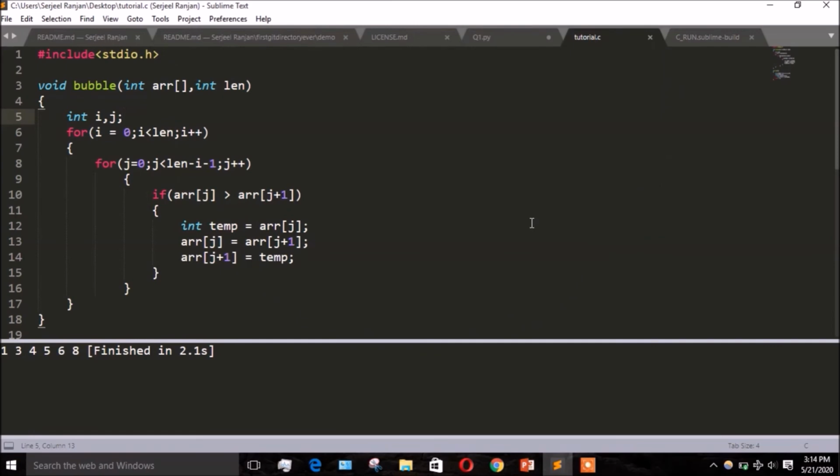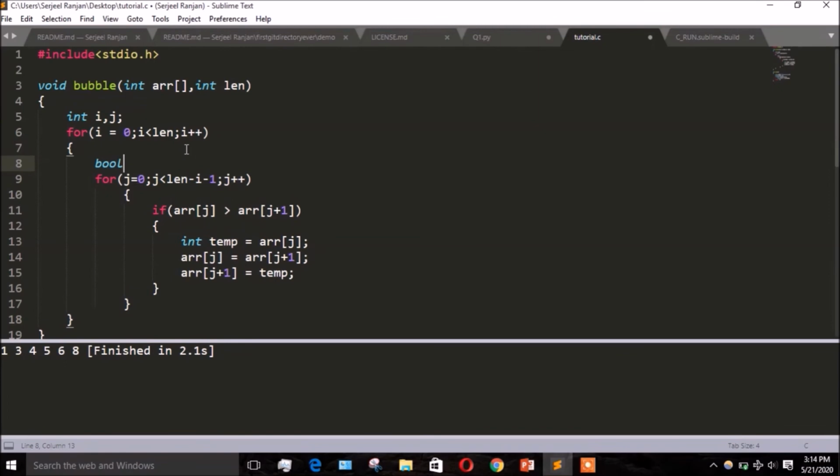Okay, so here we are back in our text editor, and I'll start by adding a boolean variable flag which will be initialized to false initially. If a single swap was done, then I will make this flag true. This will signify a swap was done.